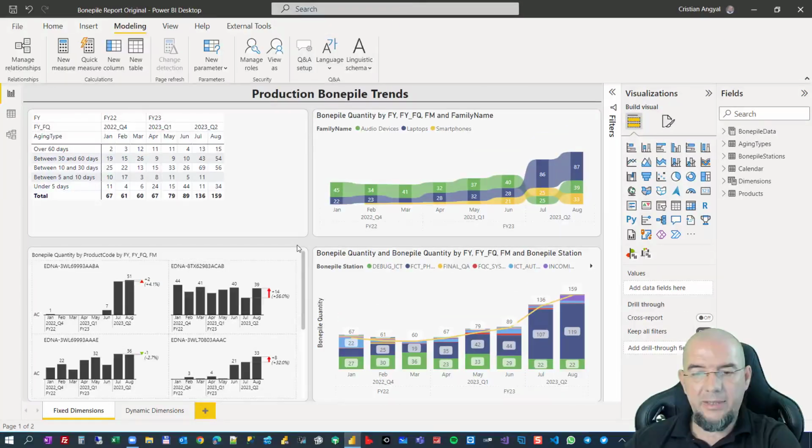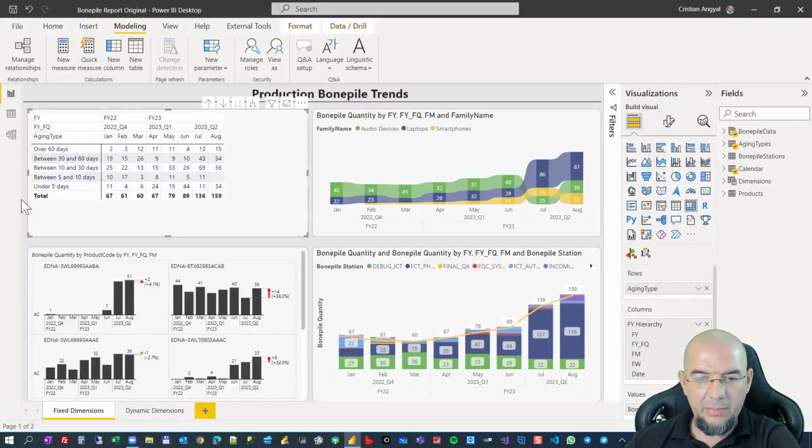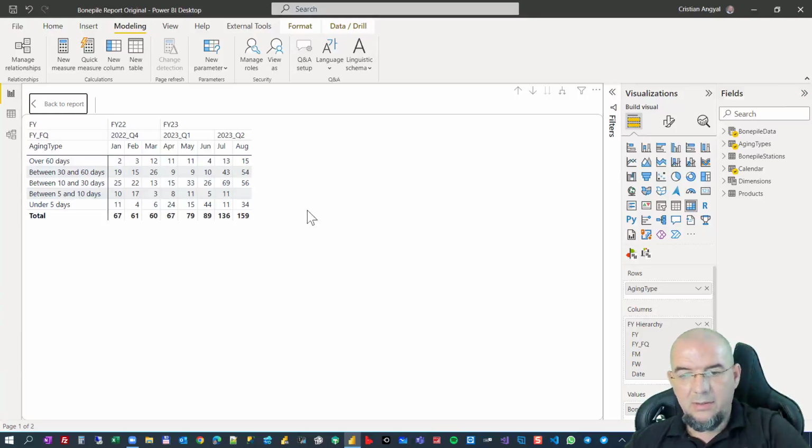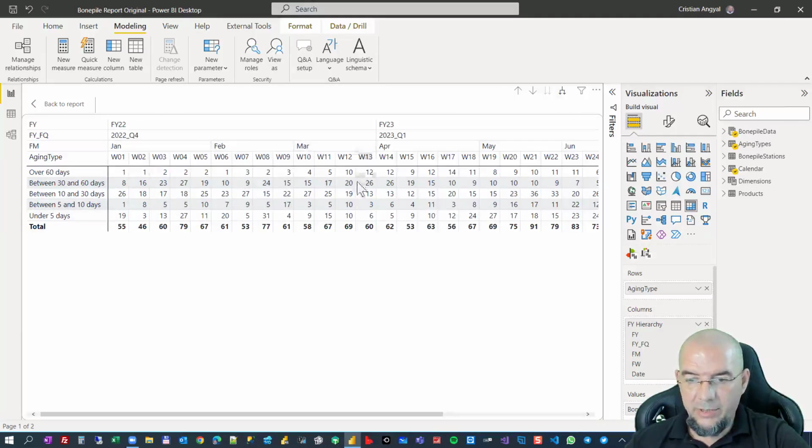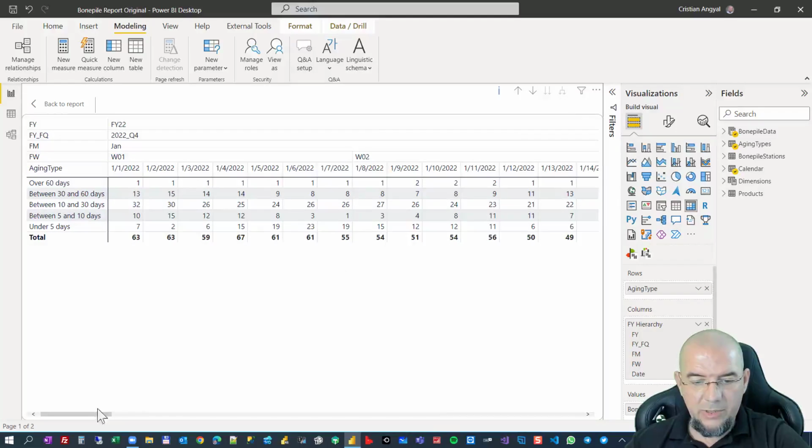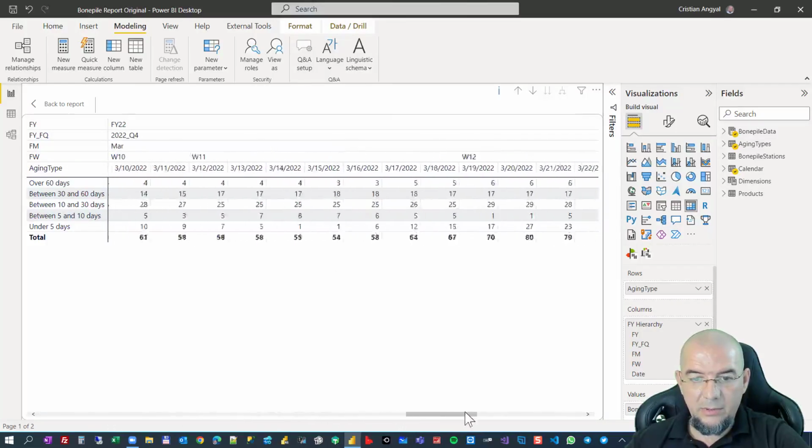In order to explain this better, let's focus on this matrix chart showing bone pile data by aging type, and we should focus on the 6 units at the ending of March under 5 days. Let's expand this and drill down one level from month to week level. If we go to March, we see that the 6 units are the ones that were visible in the last week of March. And if we go even one more level down and we go to March,